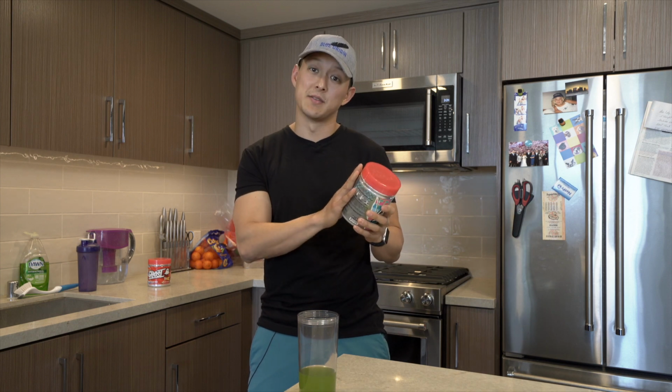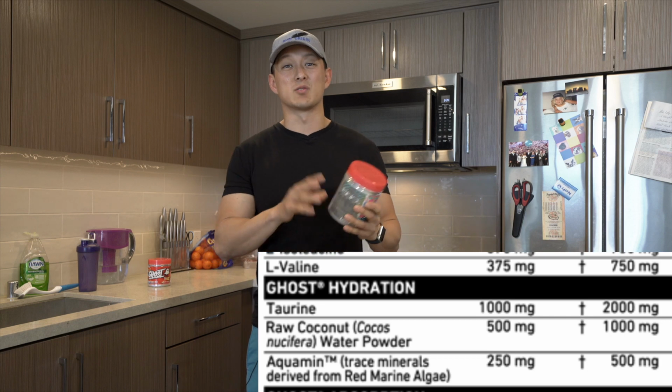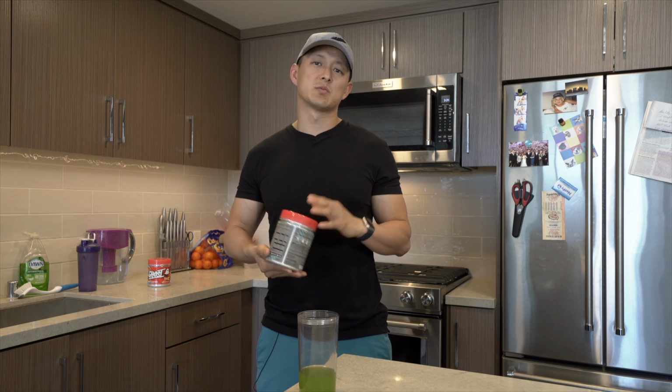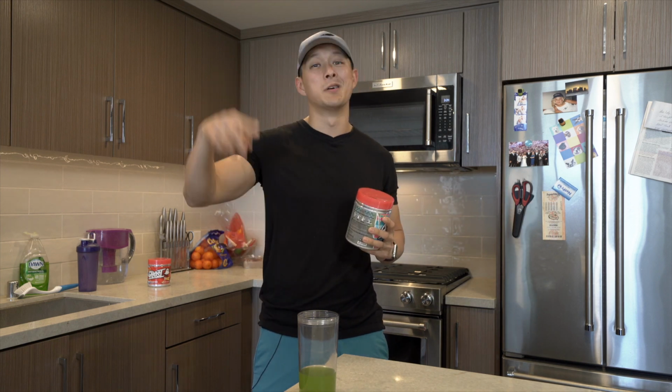Obviously, no caffeine in this, but I do think that it helps with hydration. All right, so moving on from taurine, we got this raw coconut powder. And I think that's one that is in my HydroCharge, one. And two, I think it's one of those things that we all know coconut water is extremely beneficial for hydration. Like, if you ever have a hangover, everyone says go get either a Pedialyte one or two